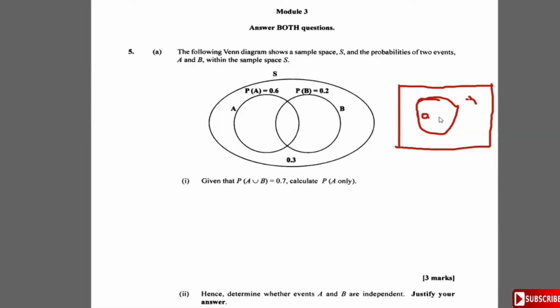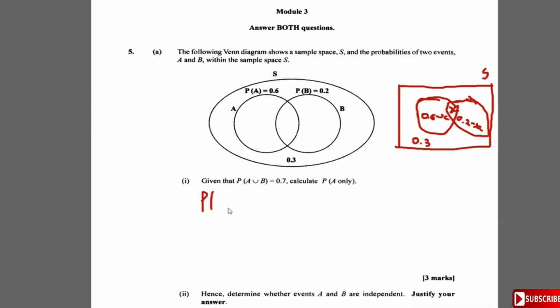0.6 minus X, and X for the intersection. And then over here is 0.2 minus X. This is what we're taught from primary school. Then on the outside is 0.3. That's our sample space. Now we know that the probability of A union B is 0.7, but we know that the